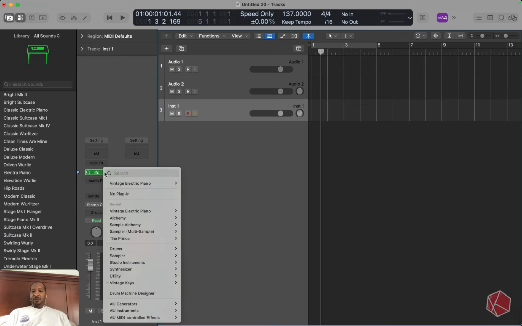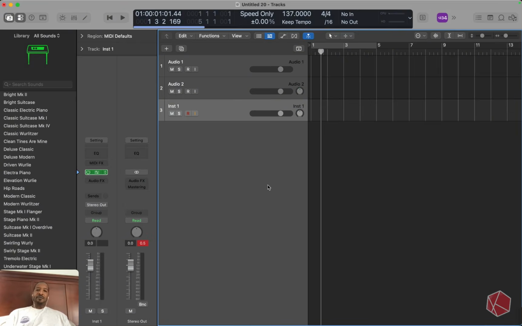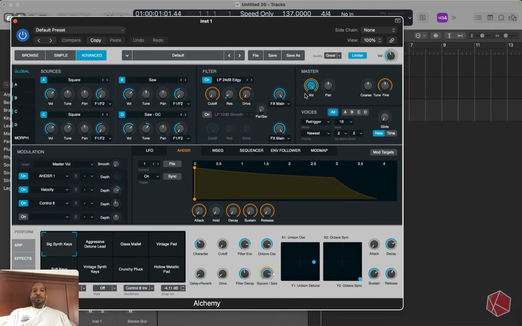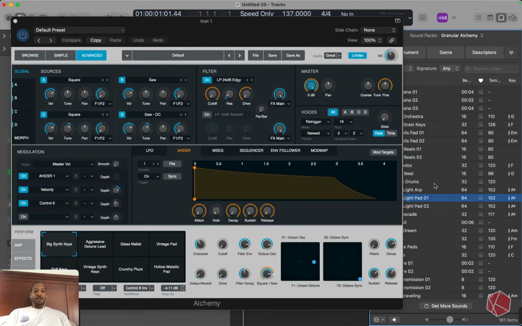And from there, we're going to go to synthesizers and go to Alchemy. All right, so you're going to have your regular Alchemy that pulls up. But what's cool with this one now is, let's just pull in a loop, say from our library over here. Okay, let's find something. You can put anything in there. So we can just go with this one